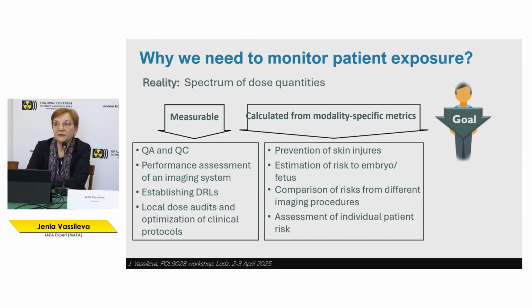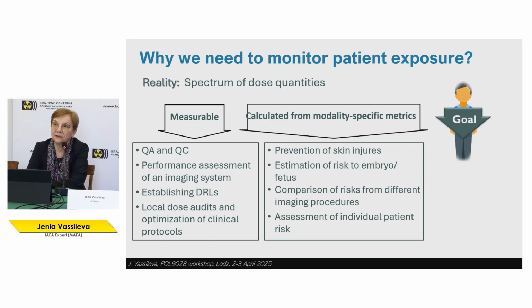For comparison of risk from different imaging procedures, if we want to compare what is the relative risk from CT, from interventional, from radiography procedure, or from nuclear medicine procedure, this is the only way of using these estimated risk metrics. And if needed, we may aim to assess individual patient risk using risk factors from published epidemiological